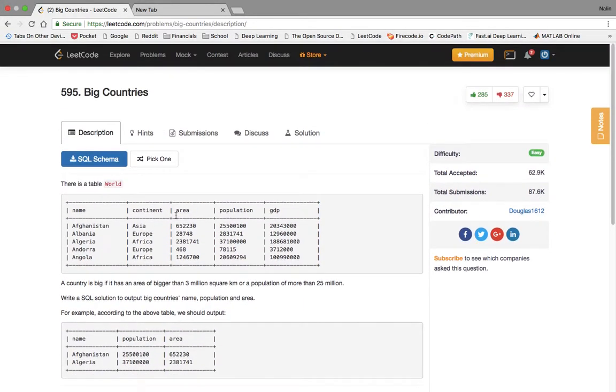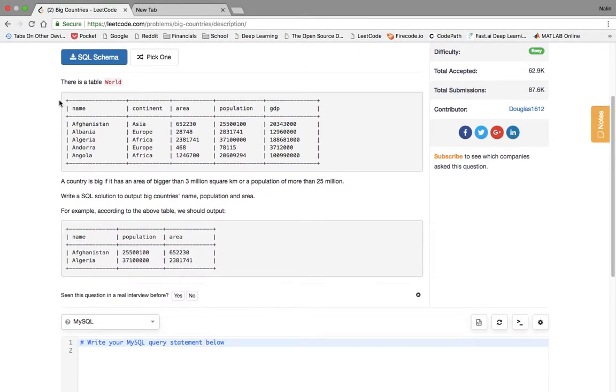So, it seems like this is a database problem. I just saw the SQL schema thing. So, there's a table world where we have different names of countries, what continent they are, the area, the population, and their GDP. And a country is big if it has an area of bigger than 3 million square kilometers. So I'm guessing this area is in square kilometers. There's no need to change miles to kilometers. Or a population of more than 25 million